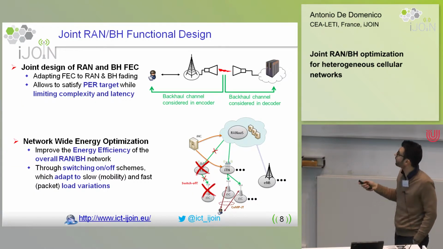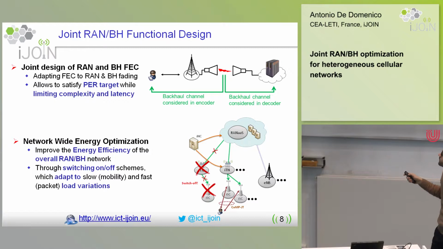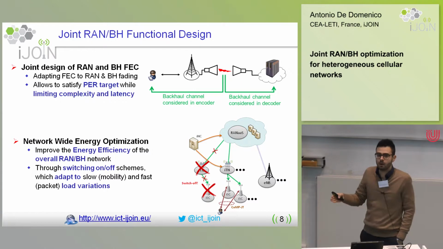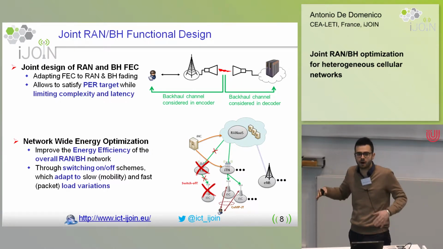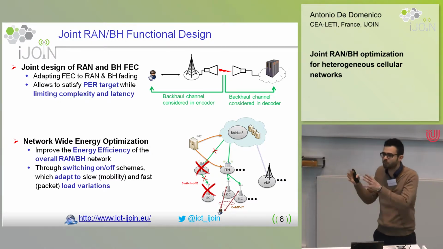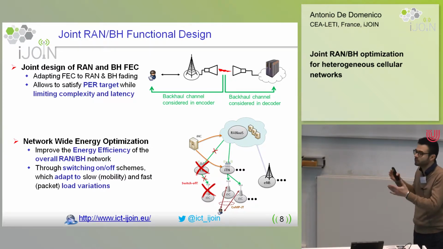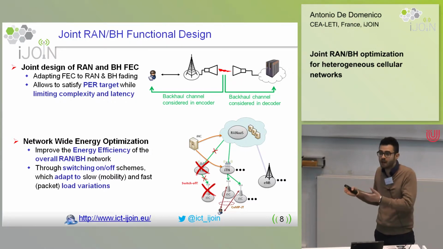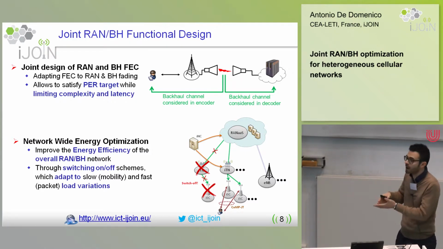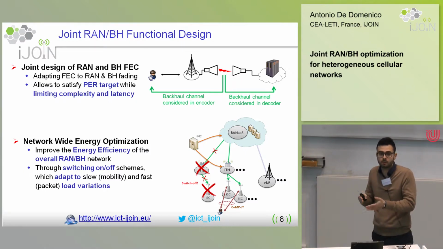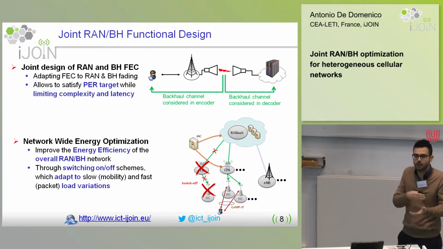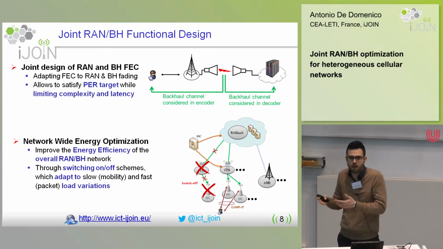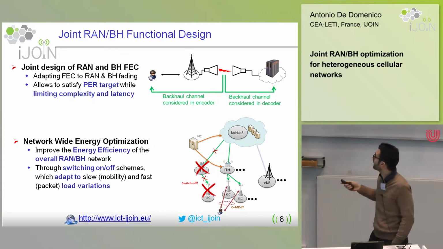So on the other hand, you have some new functionality that has been designed in iJOIN, where classic functionalities are designed across these two networks. So you may have some joint RAN and backhaul error correcting scheme design that takes into account the backhaul and the RAN fading to design coding and encoding schemes that reduce the complexity and latency while matching the packet rate